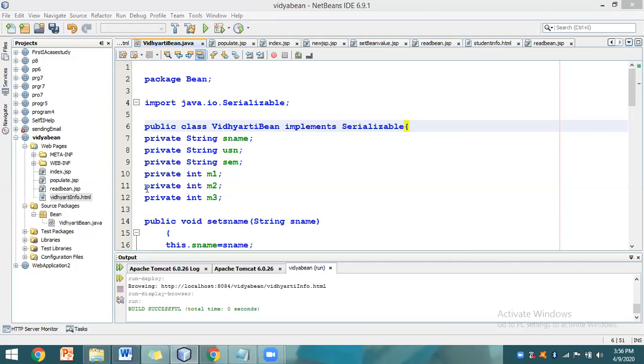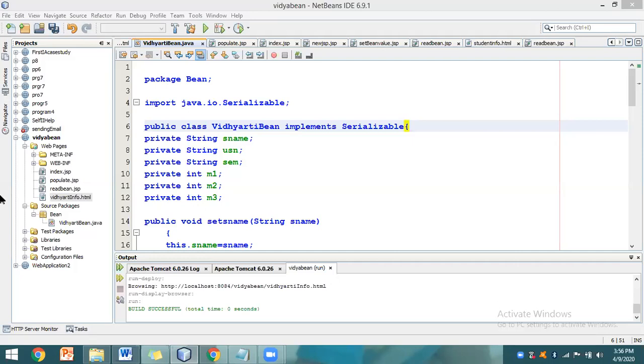Fine. So all the way from program 1 to 7, we did the programs without using any user form storage. Now onwards, we are going to store the values in a file or database, etc. In program 9 and program 10, we are going to use JDBC concepts to store the values onto the MySQL server. So programs 9, 10, 11, 12, 13, all of those use either the bean or the database concepts.